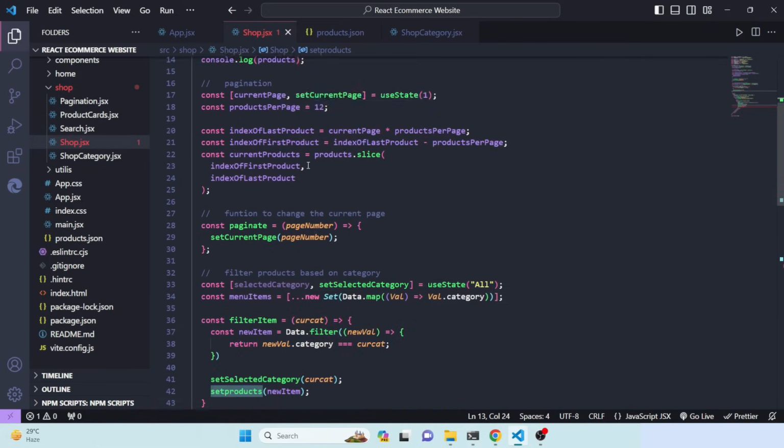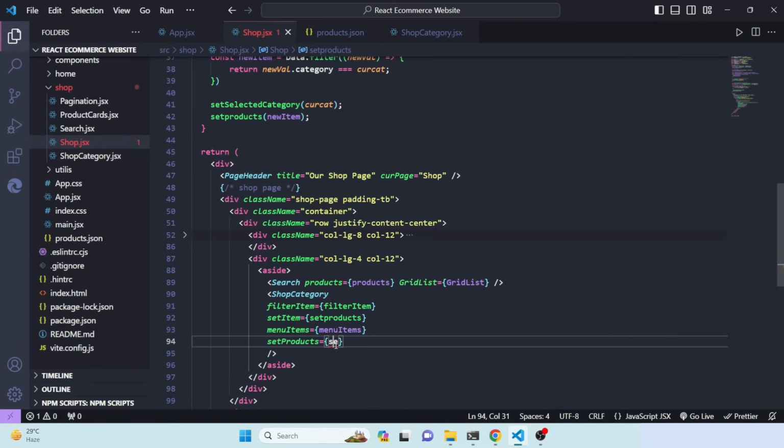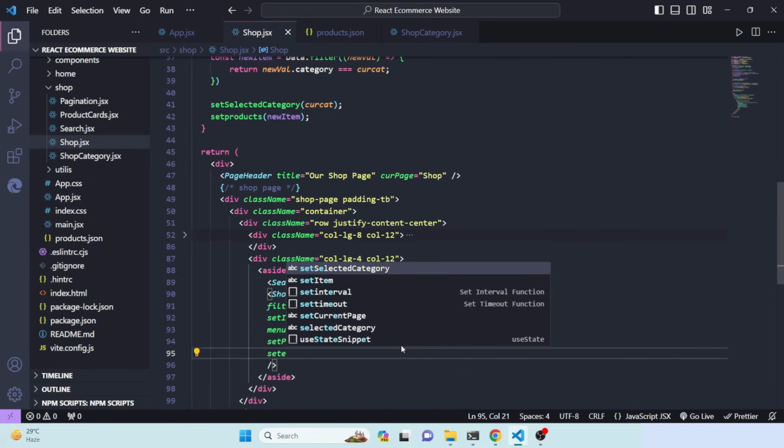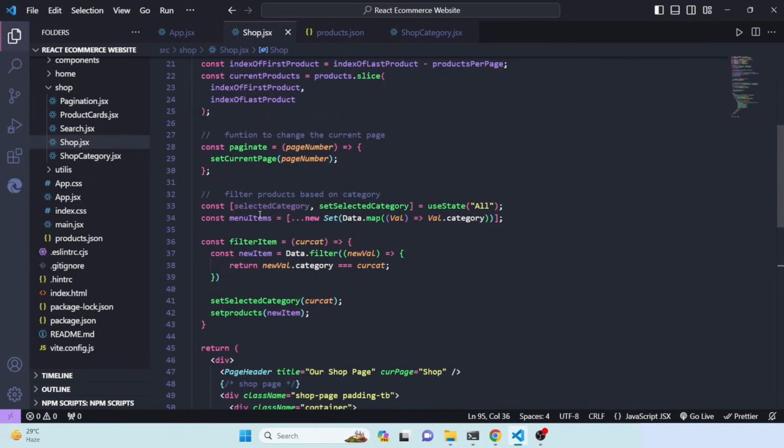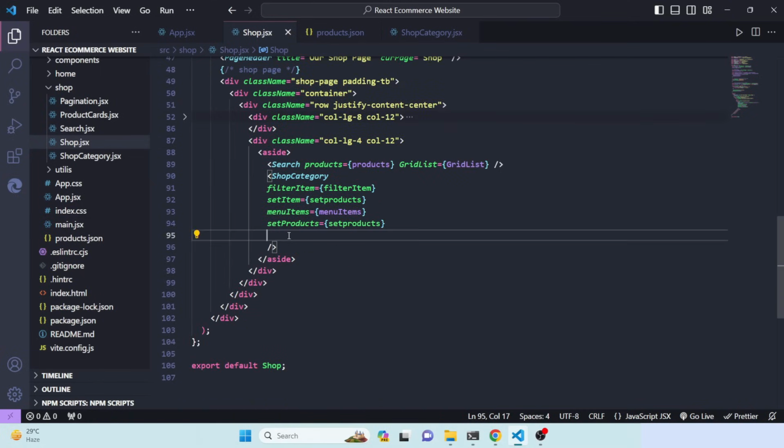Okay, it's okay if we don't define it, so let me pass these on. Then we have selected category, sorry, this one actually: selected category equals selected category. Check it again. We will pass filter item, and here we will pass filter item, set item equals set products, menu items equal to menu items, set products equal to set products, and finally selected category equal to selected category. We will pass these